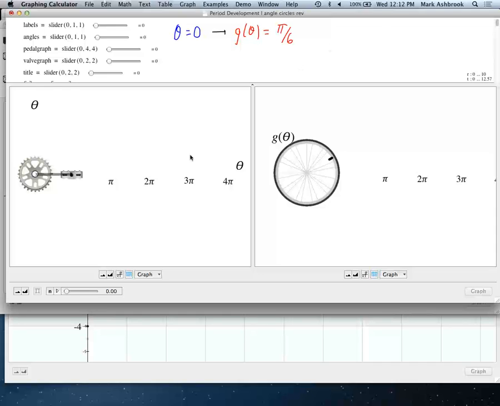Now watch. Right now when the pedal's at 0, the tire valve's at pi over 6. And so as I increase that pedal angle,